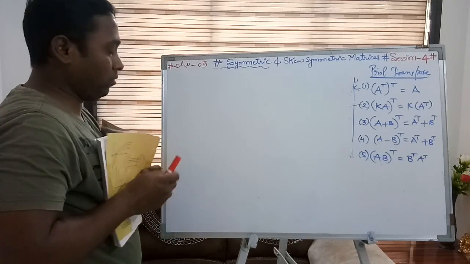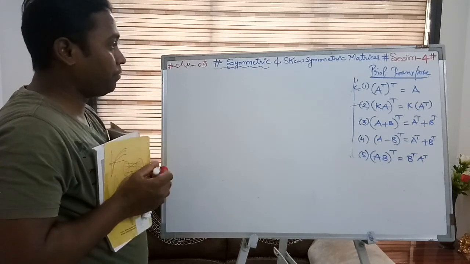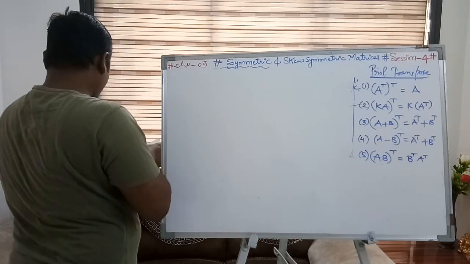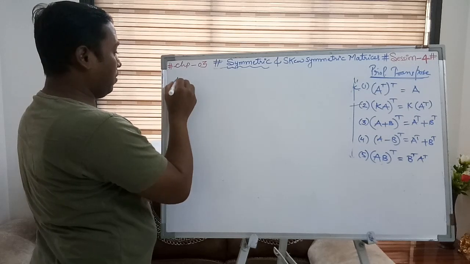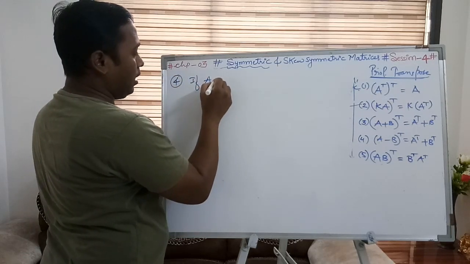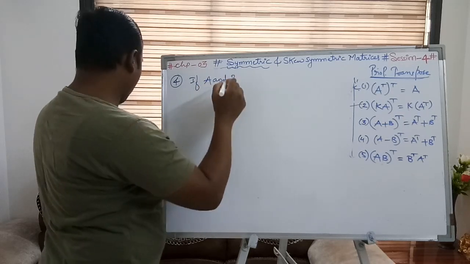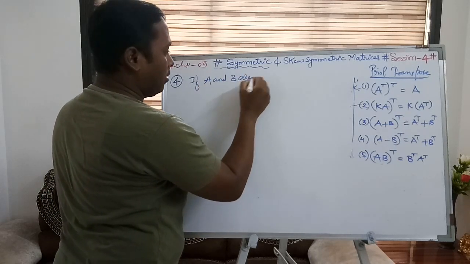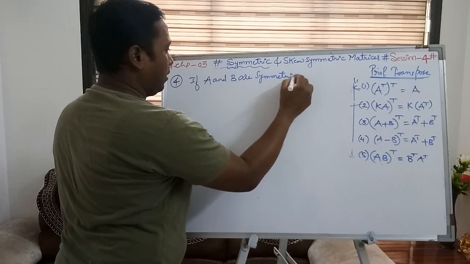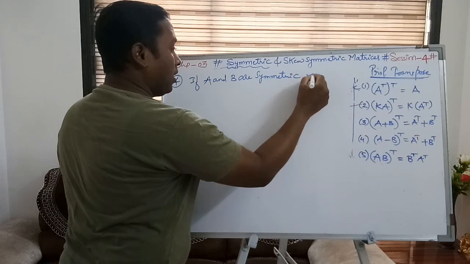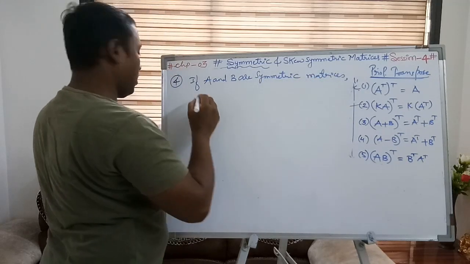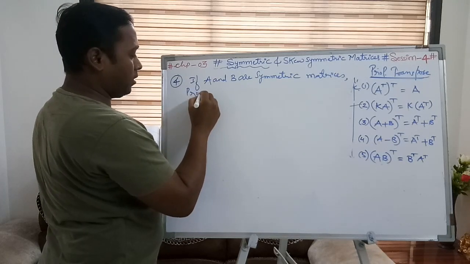If I am writing the question over the board, here we can also speak the result number 4, that if A and B are symmetric matrices, then prove that